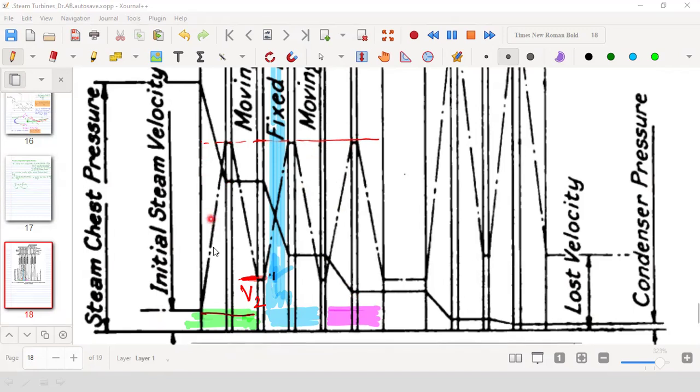Another thing is that here the pressure increases. Now, in this stage, that is in the moving blade, as we draw the velocity diagrams or the velocity triangles or the compounded velocity triangles, as we do regularly, at the entry to the blade the velocity is v1, and at the exit from the blade the velocity is v2. Now there is a quantity, that means here at the end, if I enlarge it a little more,